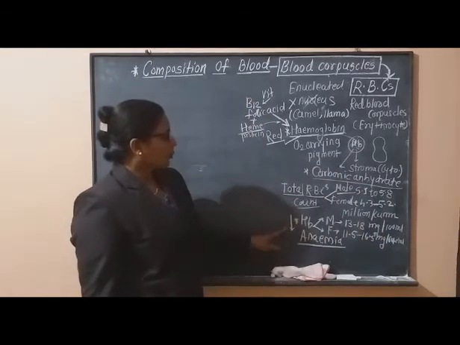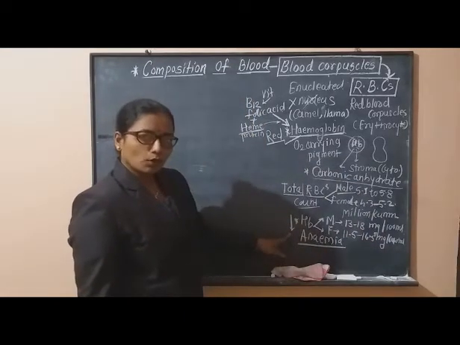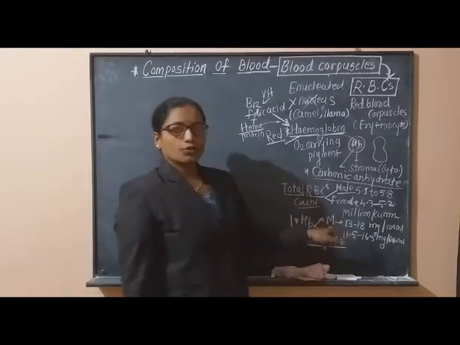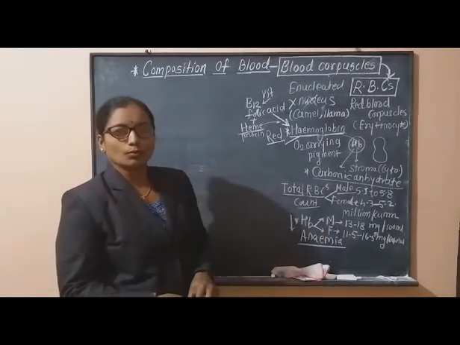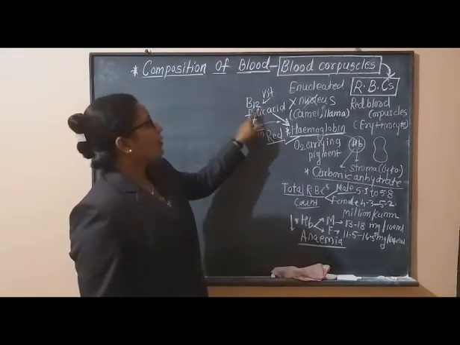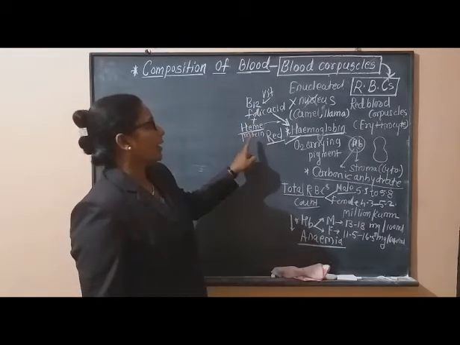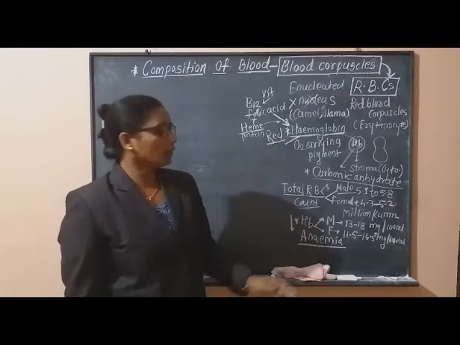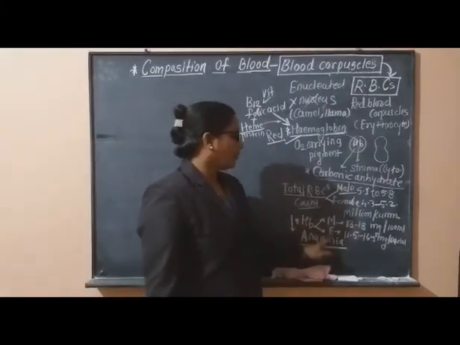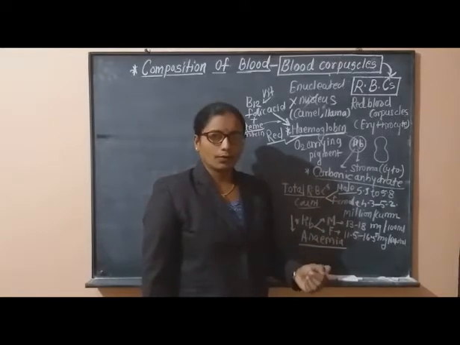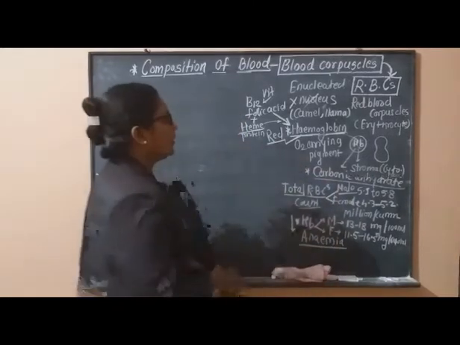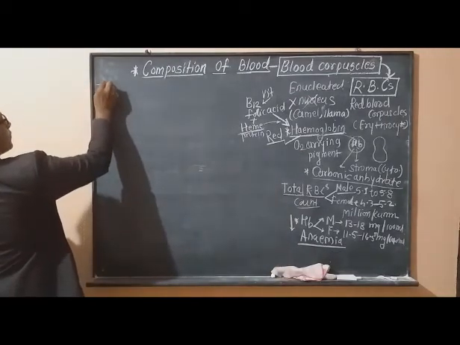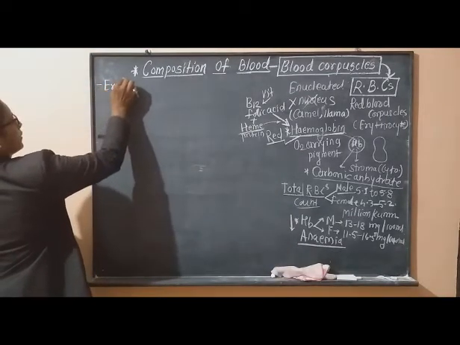If this hemoglobin count is decreased below these normal ranges, the condition is called anemia. Actually, for the synthesis of this hemoglobin, vitamin B12, that is folic acid, and heme protein are required. If these two components are proper, the hemoglobin count is maintained at the normal rate. Okay. Now we are studying the main process that is called